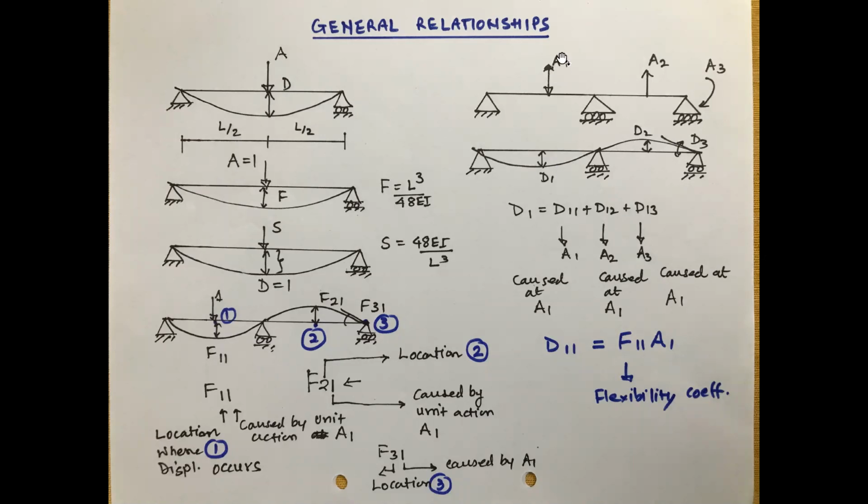it is a corresponding one. So when we relate these quantities with the matrices, A1 will always be related with D1, but D1 is caused by all the loads. Similarly, D2 is caused by all loads, D3 caused by all loads. But when somebody asks what is the corresponding deflection to A1, I can say, okay, it is D1. And what is the corresponding deflection to A2? D2, because this is the same location, same joint or same support. So this you have to keep in mind.